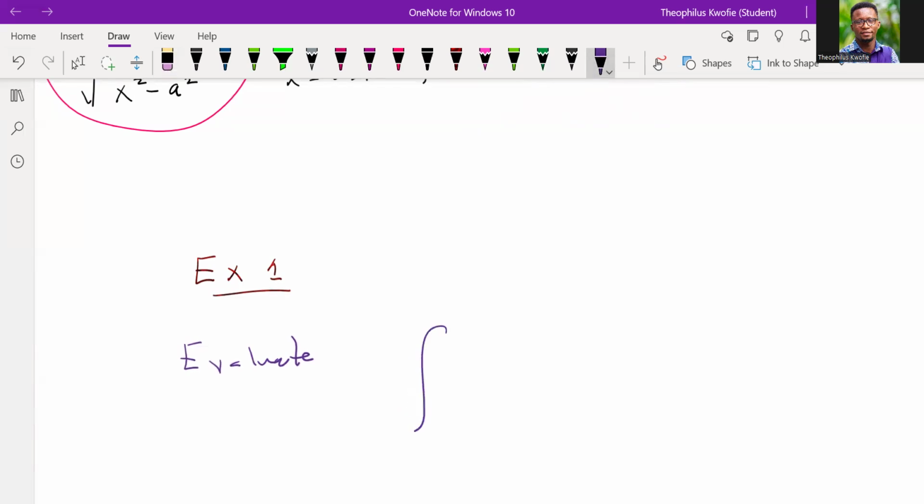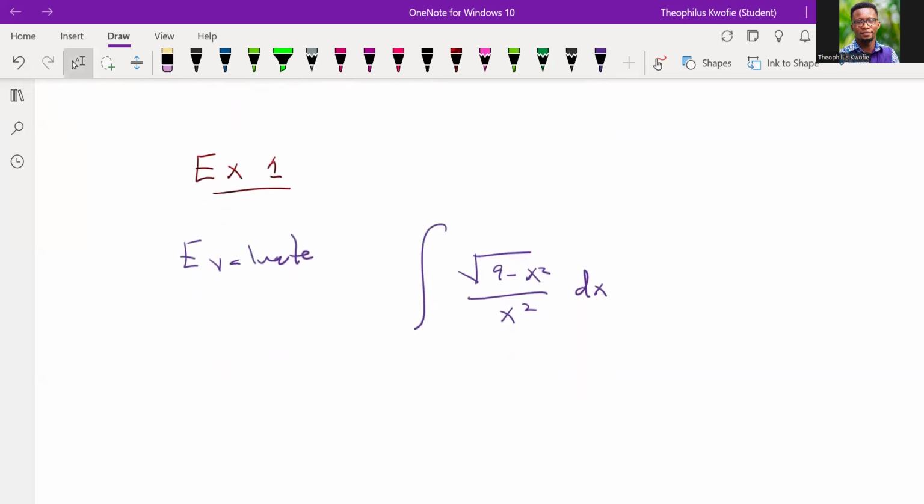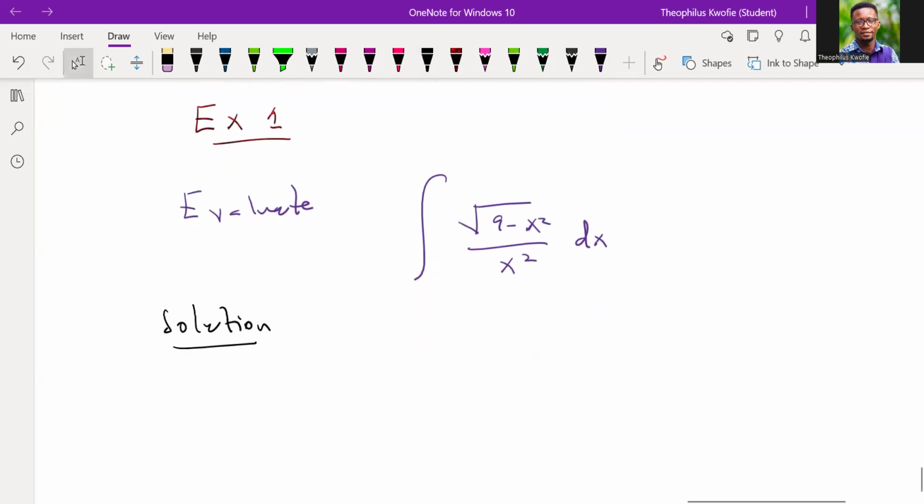So we want to evaluate the integral of square root of 9 minus x squared over x squared dx. Okay, so how do you solve this? How do you solve this problem? And what expression can we associate this with? Straight away,